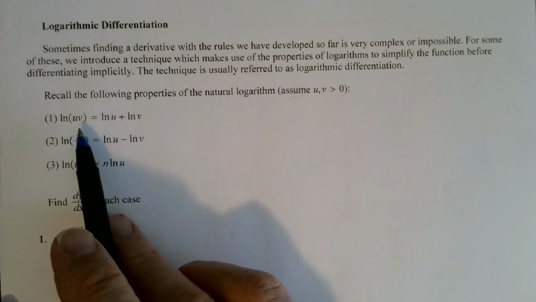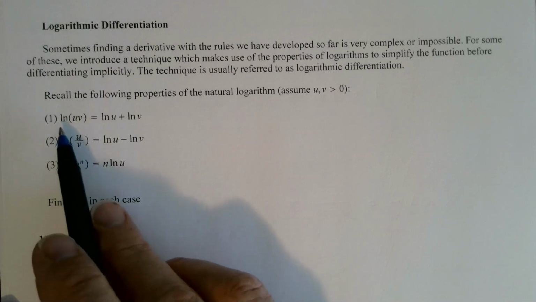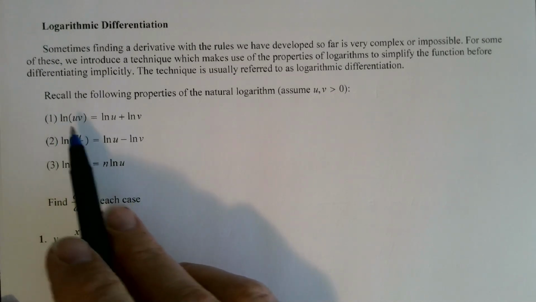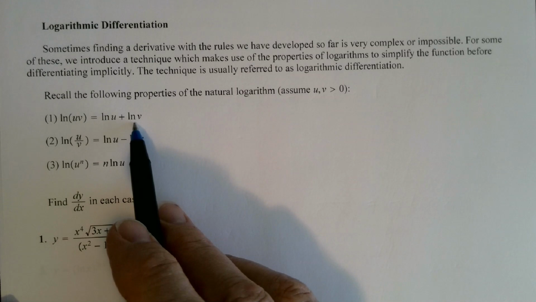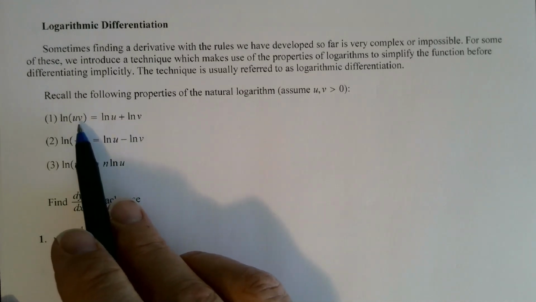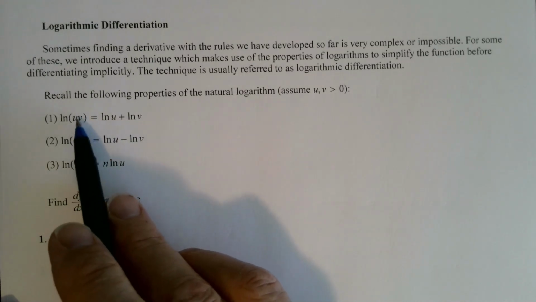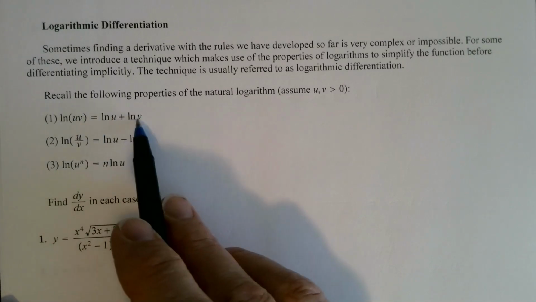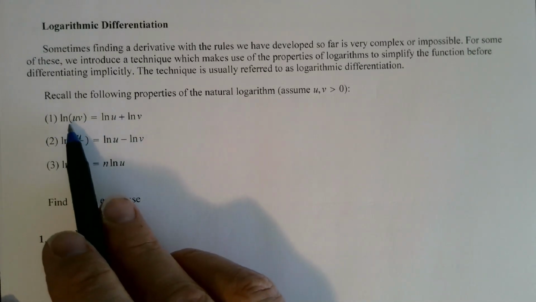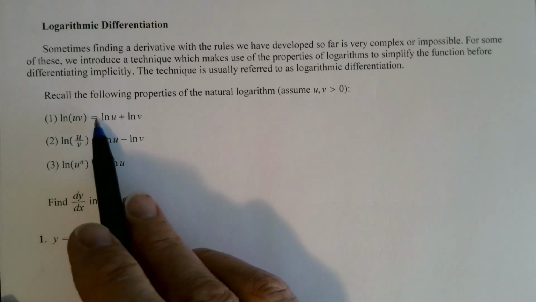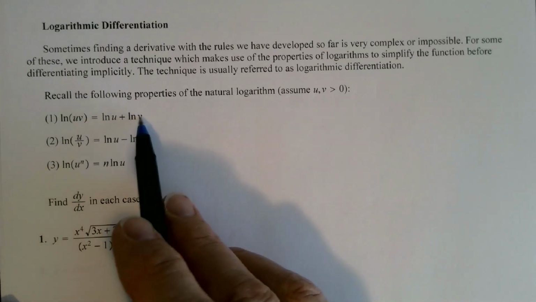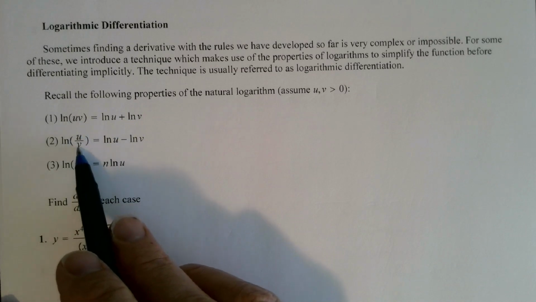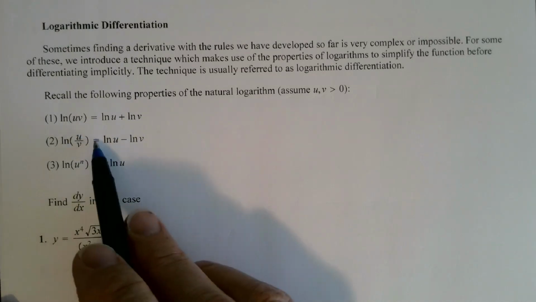So if you remember these three properties for logarithms, the log of a product is the sum of the logs. Of course, that comes from, if you remember, logarithms are what? Exponents. And when I'm multiplying two bases, what do I do with their exponents? I add them, right? So that's why the natural log of uv is equal to natural log of u plus natural log of v. Natural log of u divided by v, the log of a quotient, is the difference of the logs,